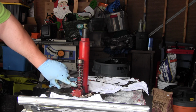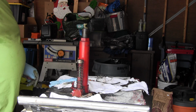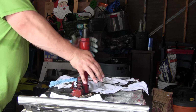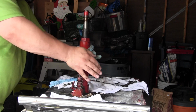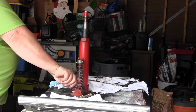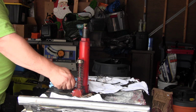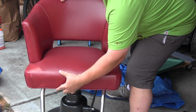So now we had to put the spring back where it belonged. The spring actually goes there, not on top of it, just kind of sitting there loosely. That was a lot of cussing, putting that in there. So I managed to get the spring in the right place and tested out the jack, and indeed it would pump up and come back down nice and slow, just as it's supposed to. So I married the two back together,